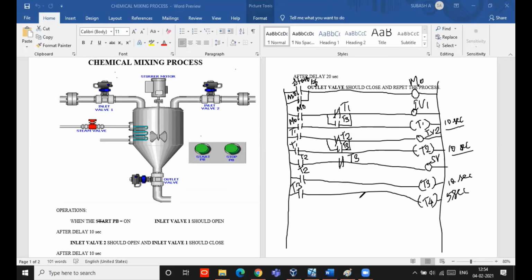Now what should happen? I have to give T4 to the stirrer motor. So this stirrer motor will be on. At the same time, inlet valve 1 and inlet valve 2 should be closed. So here I am putting NC of T4.